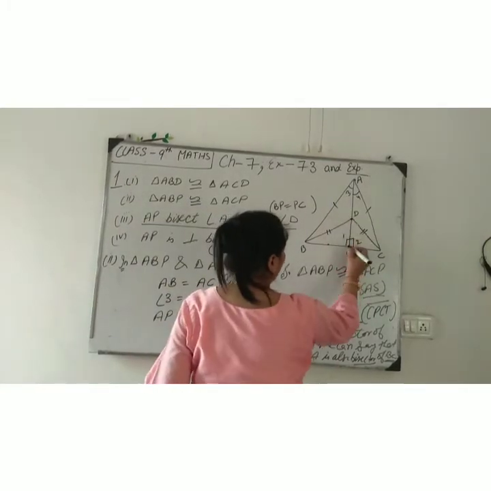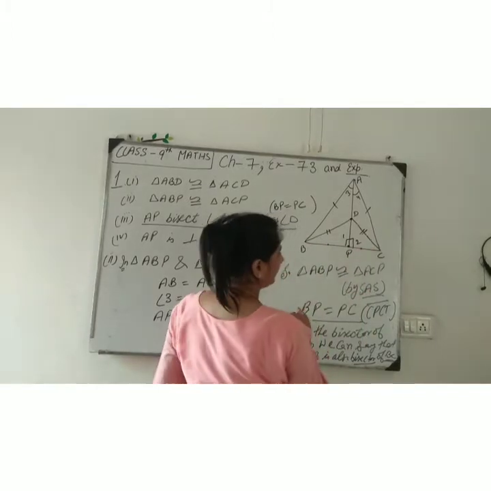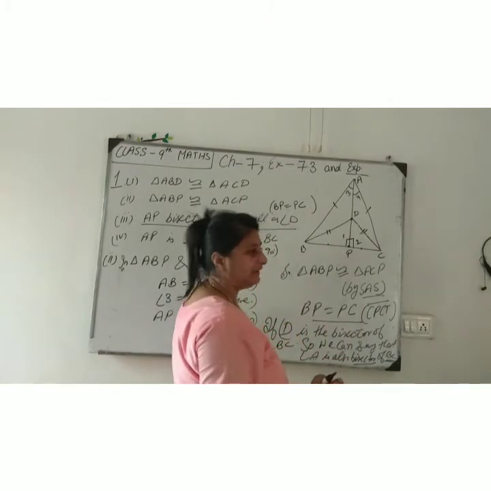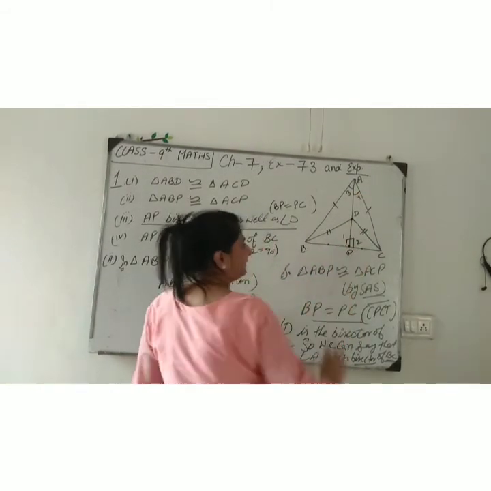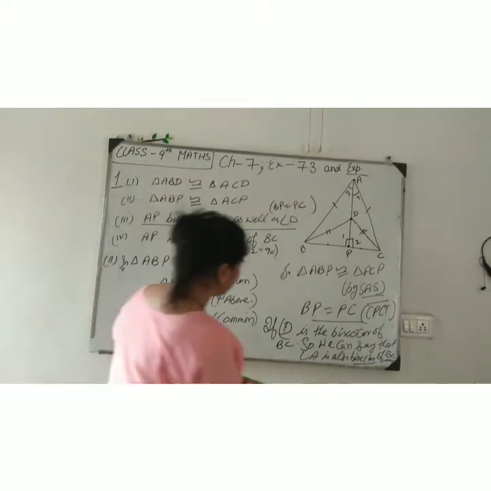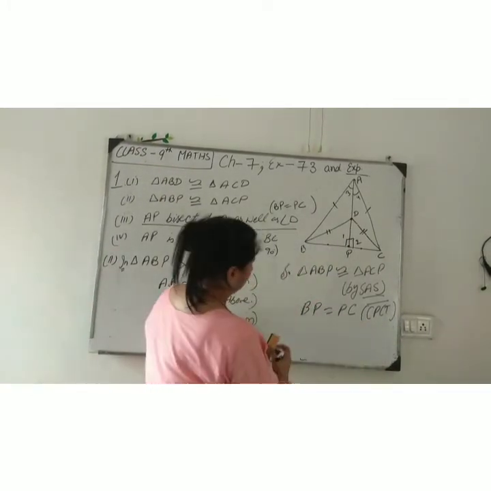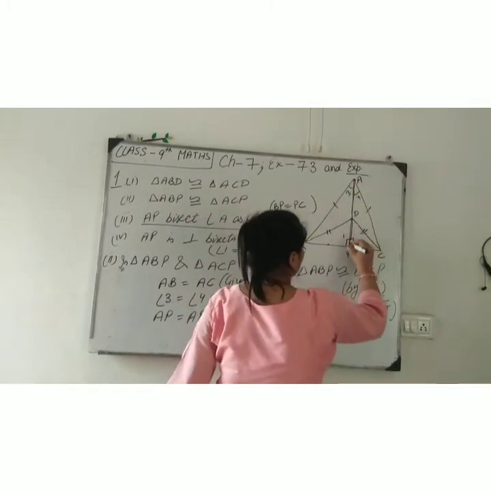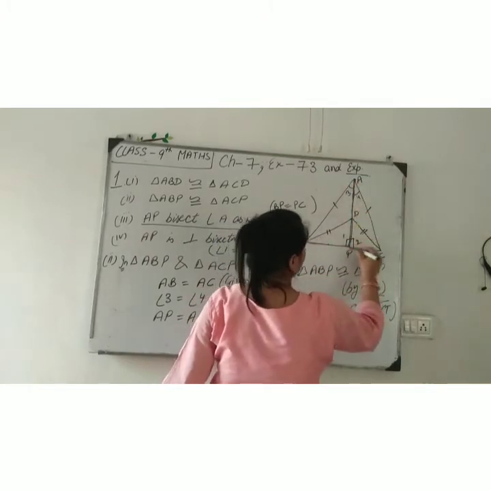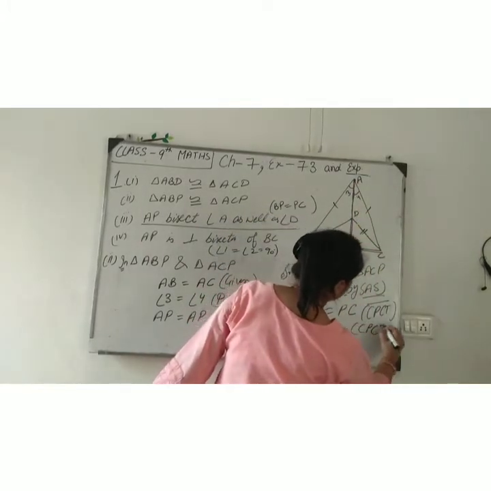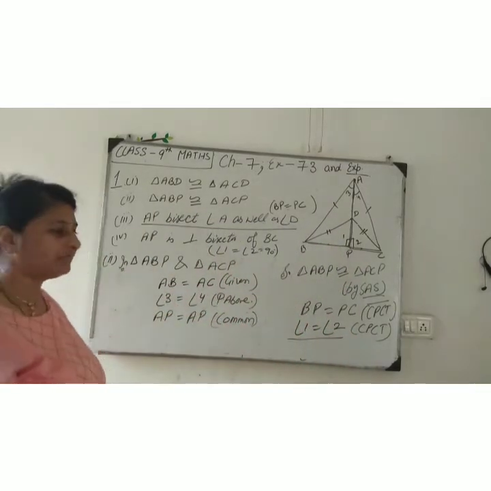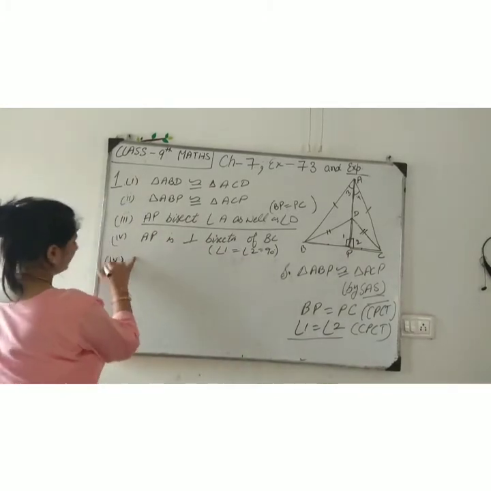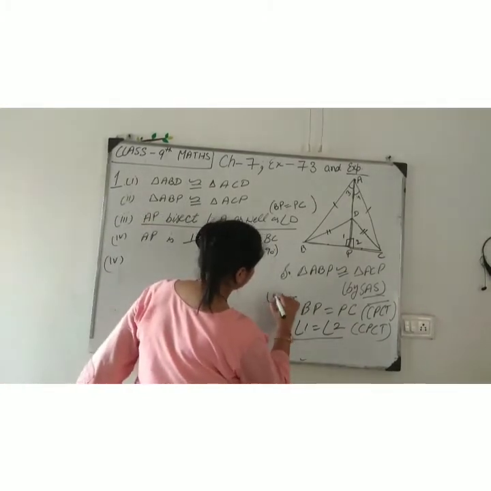If D and P divide it into equal parts, it means angle D is the bisector of angle P. It means A is also a bisector of BC. And second, one more thing here, angle 1 equals angle 2. Angle 1 is this angle and this one is angle 2. It means CP, CD both are equal. Now is it clear? Which part is left? Part 4. So what do you write here?